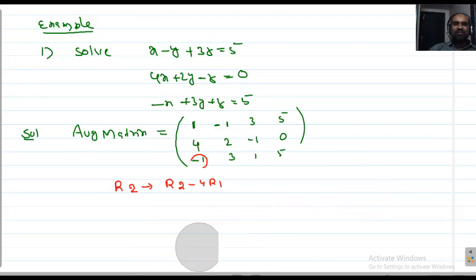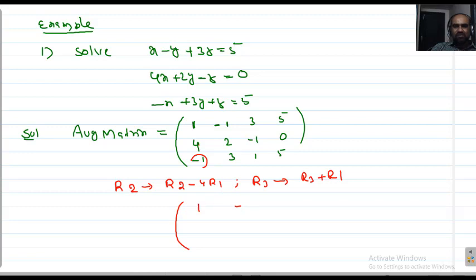In the concept of determinants, what happened? If square matrices A and B are given, after row transformation they are also equivalent matrices only. But the determinants are the same. Okay. Students, at a time I want to make these two zeros. Next R3 is changed as R3 plus R1. Students, observe, this is not at all an easy method. Patience is required to solve problems by using this method.